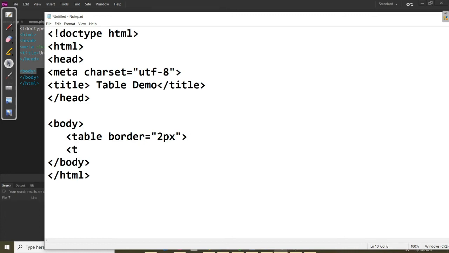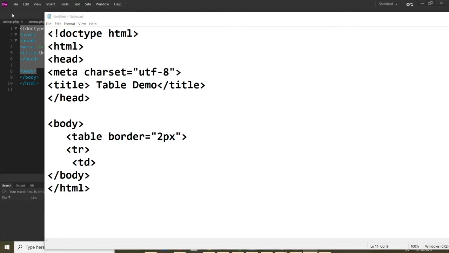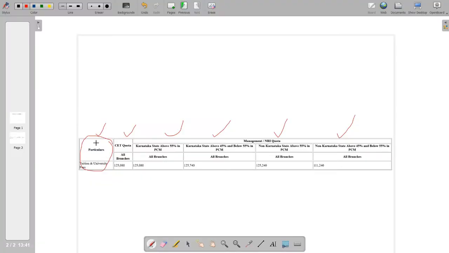Then coming to the tr, then inside the tr, td. So what is the first thing here? Particulars. But what is happening in this td? It is the merging of three rows. First, particulars, this one is the merging of the three rows: first one, second one, and third one.